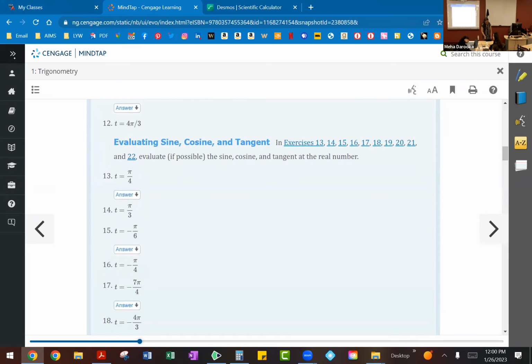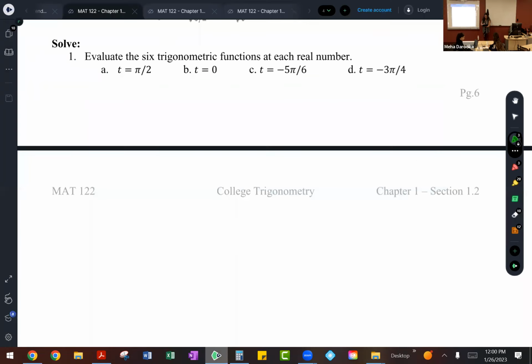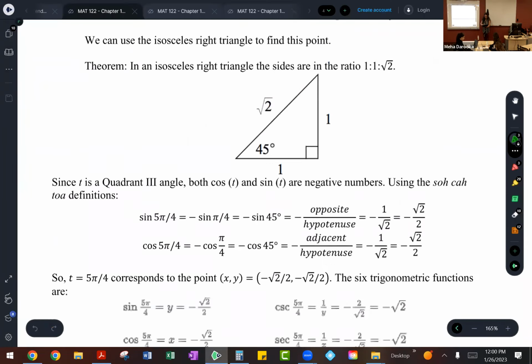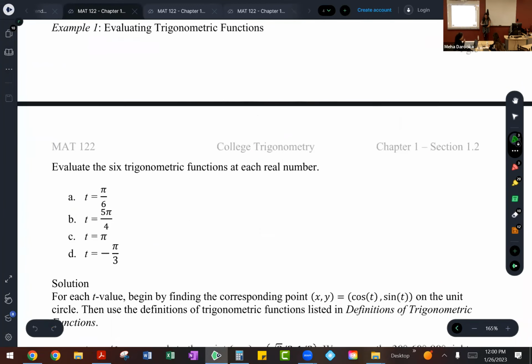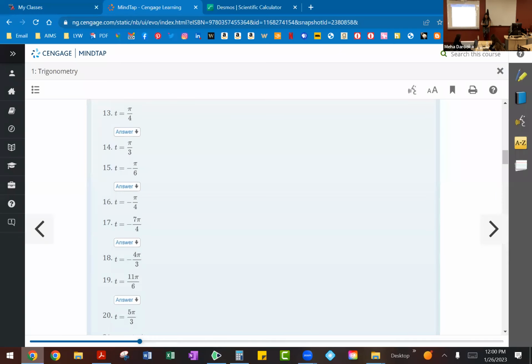So let's pick something from here. And this one, as you can see, is asking us to find sine, cosine, and tangent. But for the first couple examples, let's do all 6 of them so you guys can get comfortable practicing. Which ones did we do here? I don't want to repeat. Pi/3, pi, 5 pi/4, and 5 pi/6. Okay. How about,